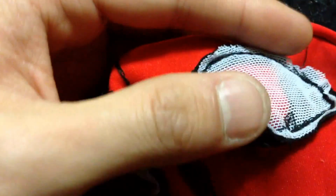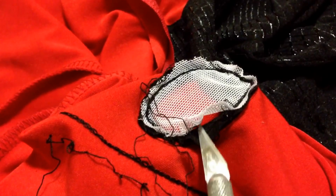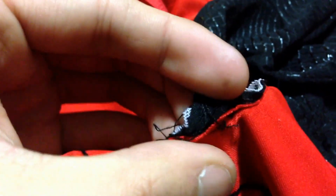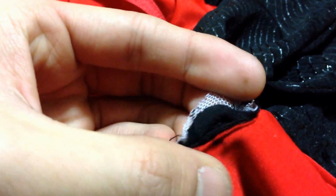What you have to do with this one is, if you look really closely, lift this out of the way. It's better if you just do it all the way through and remove the white mesh. But in between you'll have the black. Alright, now the black is folded over, and for demonstration, you're just going to have to find a thread here and cut it away slowly until you lift up the first layer or second layer enough to see the thread from the other side on the red. Alright, now I don't want to mess up any part of the red, so I'll go from in between the red and black,